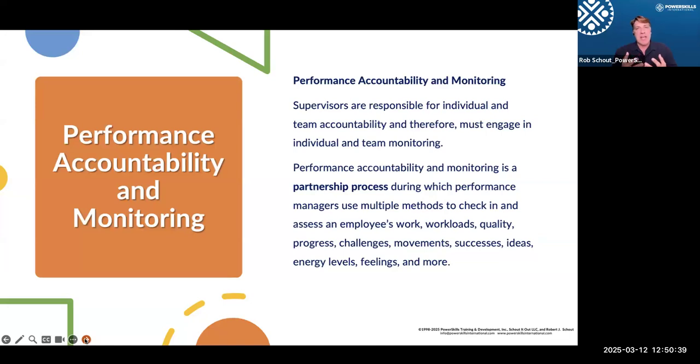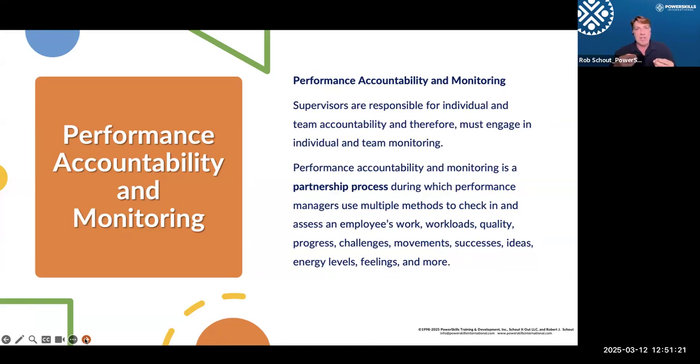So, performance accountability and monitoring is a partnership process. Sometimes there are managers and leaders, or sometimes organizational cultures, that seem to make it oppressive or an oversight action itself, whether it's because of regulation or styles of leadership. But in actuality, it's a partnership process. Employees take partnership and accountability in their own monitoring. So they proactively ask questions, proactively offer feedback, proactively engage in self assessments of their own work and of what they're struggling with and what they're accomplishing.